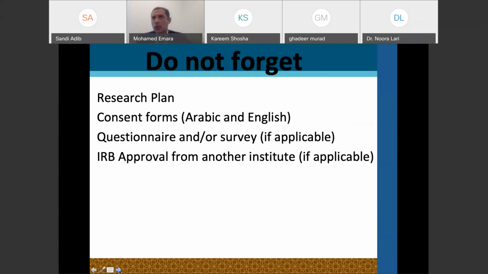Next two points. Let's say you are collaborating with HMC or QI or Hamad bin Khalifa University or an XYZ institute, and this institute, like Hamad, is doing all the work with the human subjects, collecting the blood, doing all that. And they already have an IRB approval with the same title that you have. This is a very simple way to work. Please give me the IRB approval from Hamad, because I must give you the approval after you give me the IRB approval from Hamad. There is no question about that. You must have that. And this will ease the whole process for you because you already have an IRB approval.